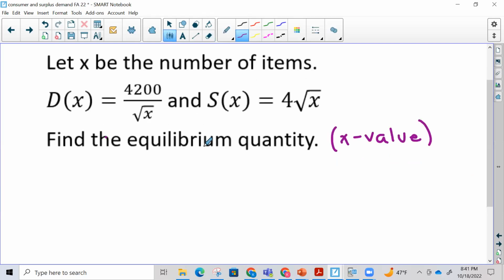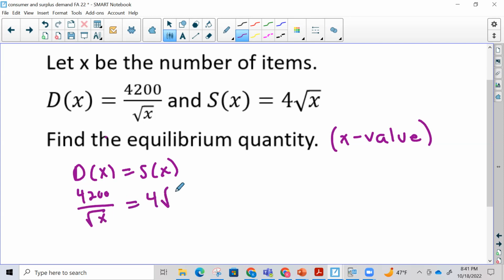So for the equilibrium quantity, or the equilibrium point, what we need to figure out is where D of X is equal to S of X. So we would set 4,200 over the square root of X equal to 4 times the square root of X. Okay. And this is how we solve it